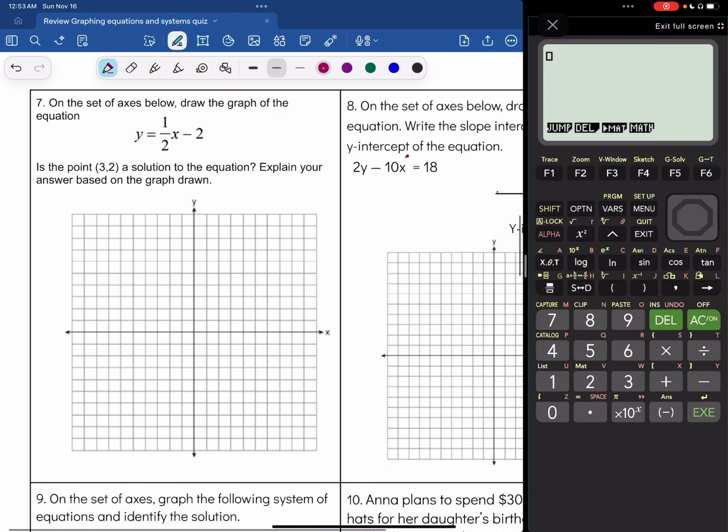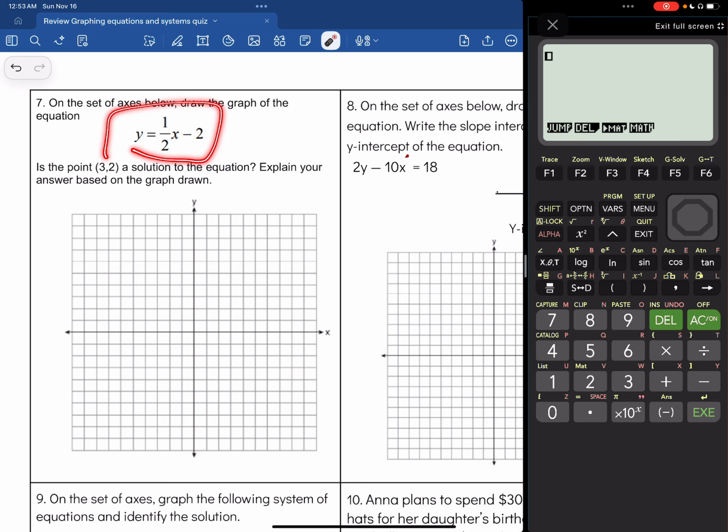Question 7. On the set of axes below, draw the graph of the equation y equals a half x minus 2. And then we're asked to determine if the point 3, 2 is a solution to the equation. Okay, cool. So if we're graphing this equation, y equals half x minus 2, we know that we're always going